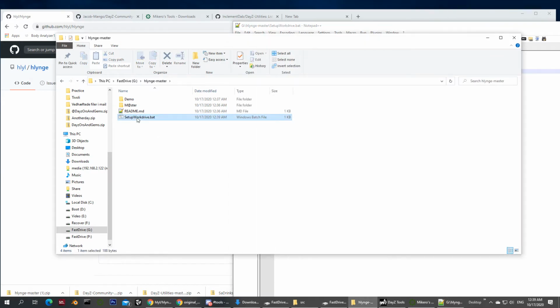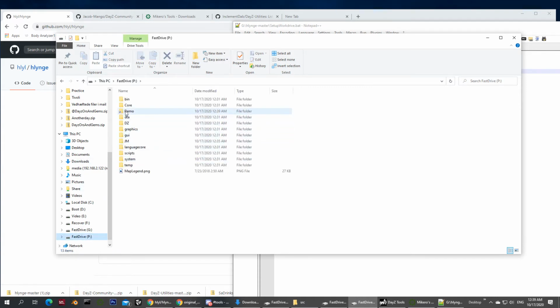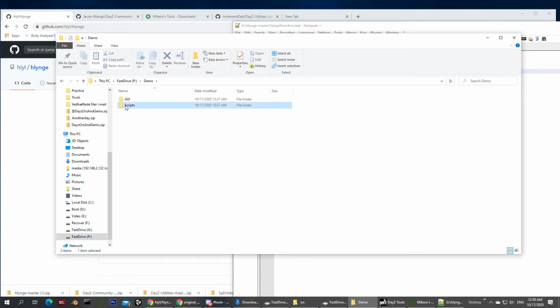Now running this will create on my P drive a demo folder here that contains scripts, referenced GUI if that's needed for your mod. In the scripts folder here, I have workbench data mission. In mission, I have included Jacob Mango's demo mod for actually verifying that RPCs work in the game.